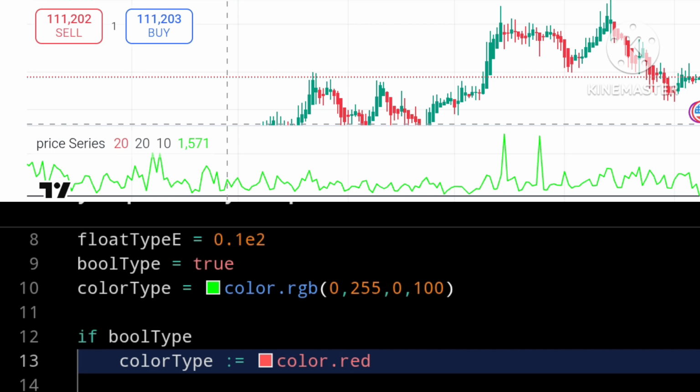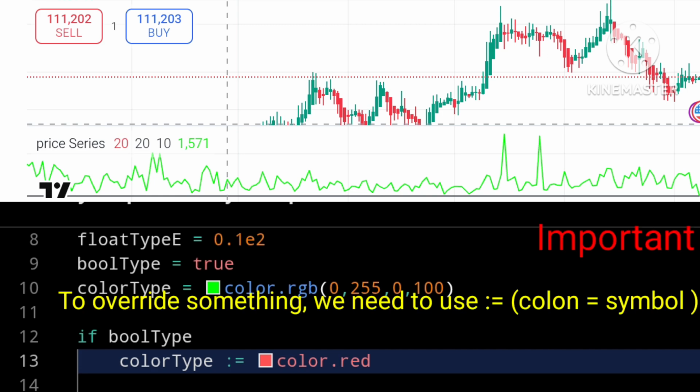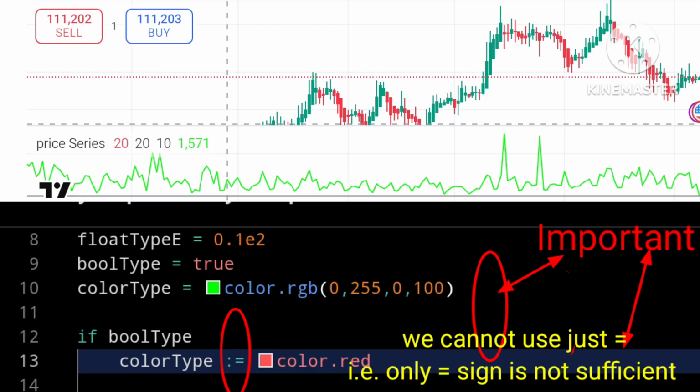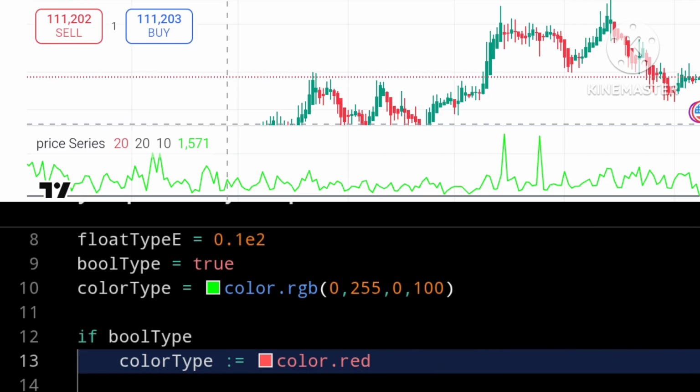To override something, we need to use the colon equals symbol. We cannot just use equals because that is declaring a new variable. We want to override this variable with this new one. And don't worry, we will cover this in future lessons. I am just showing this to you before we wrap this lesson up, to show how bool types work.